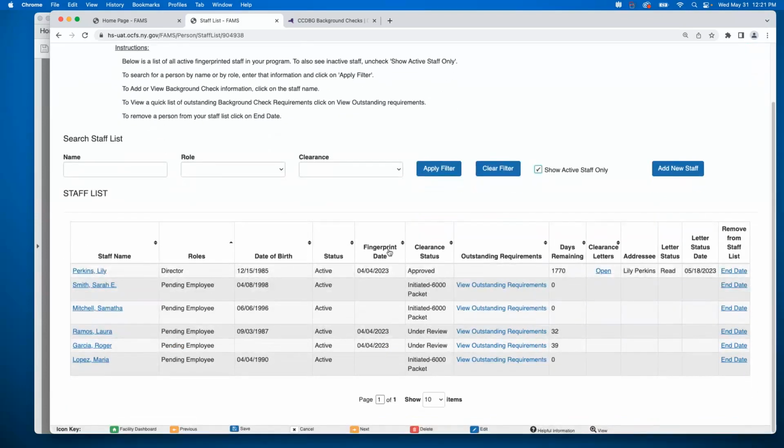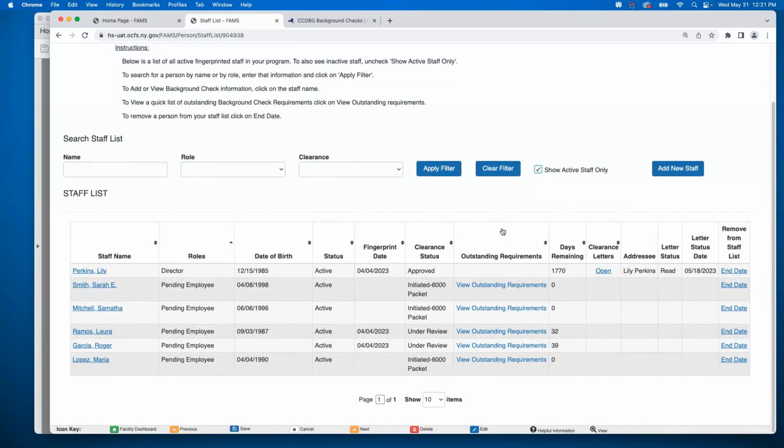Coming down to our table below, we have our staff name, the role or roles they have been assigned, their date of birth, their status, when they were fingerprinted, their status clearance, any outstanding requirements.